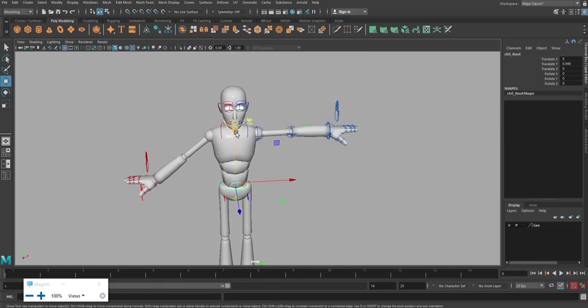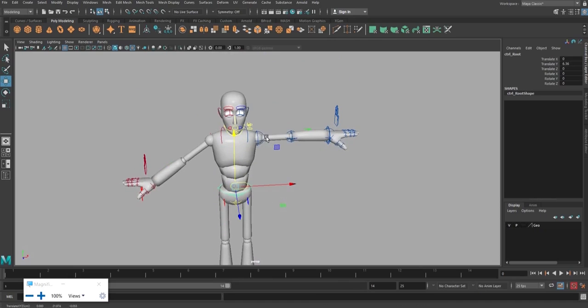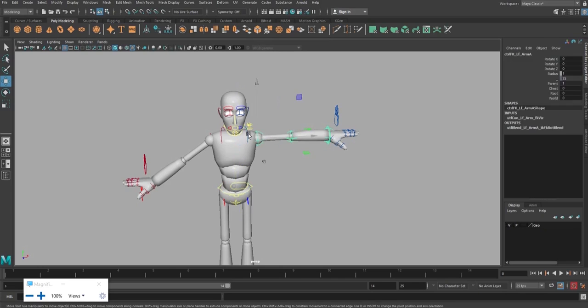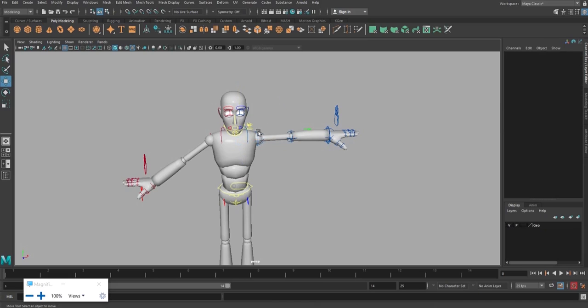You can see the FK control structure travels along with the root. This is forward from here to here to here, and this is a child of a parent which is called shoulder. So wherever it goes, or this can be connected to anywhere in the part